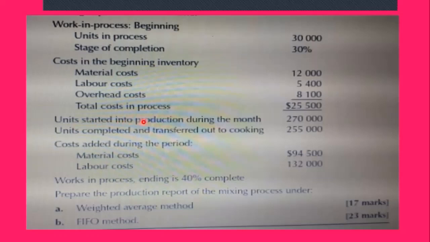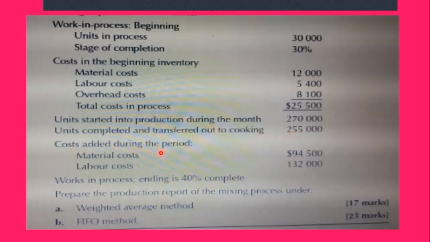Now, the next month, the units started into production during the month is 270,000. So you have 30,000 coming forward from the beginning of the month, and another 270,000 being started in the month. Also, during the month, the units completed and transferred out is 255,000,